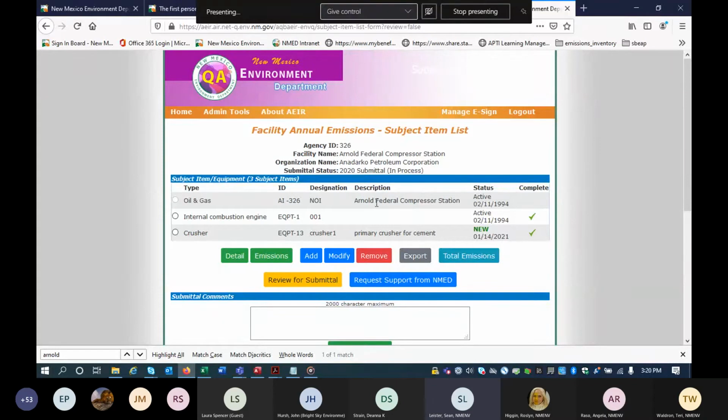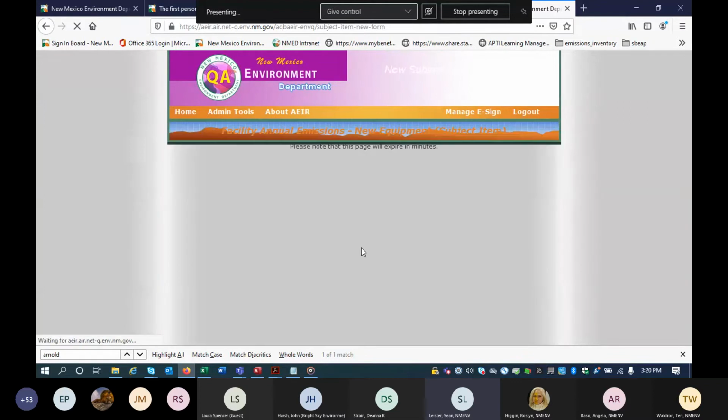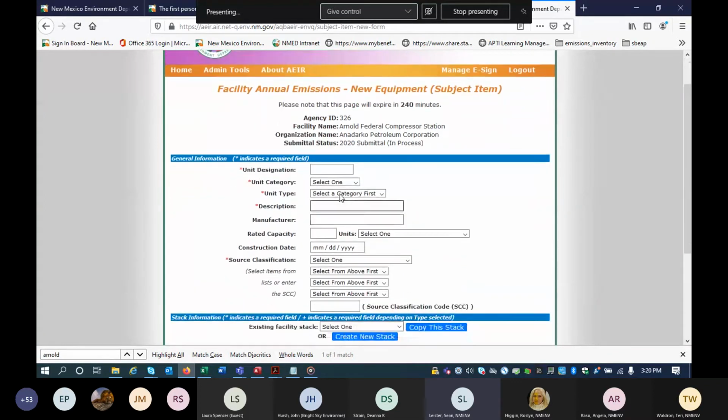So if there is no equipment, you can add a dummy fugitive. And by that, I mean that you would just add a fugitive right here. It would be under release point and then under fugitives. And you can just call it like plant fugitives or something along those lines.